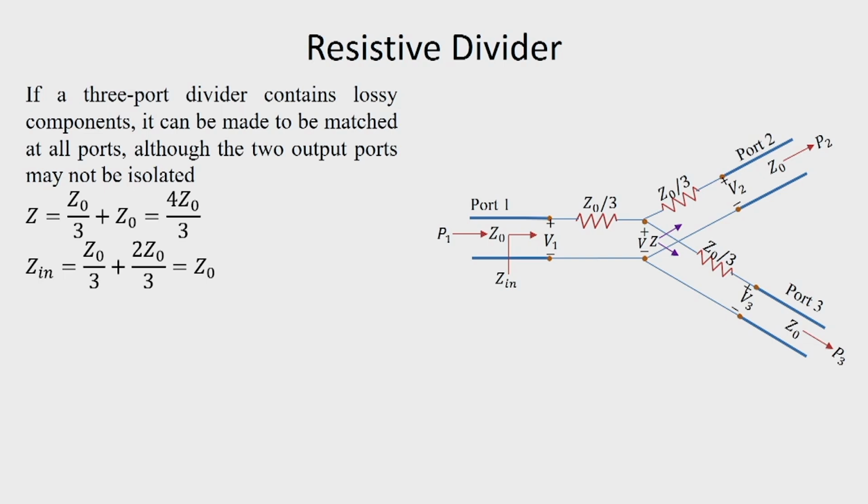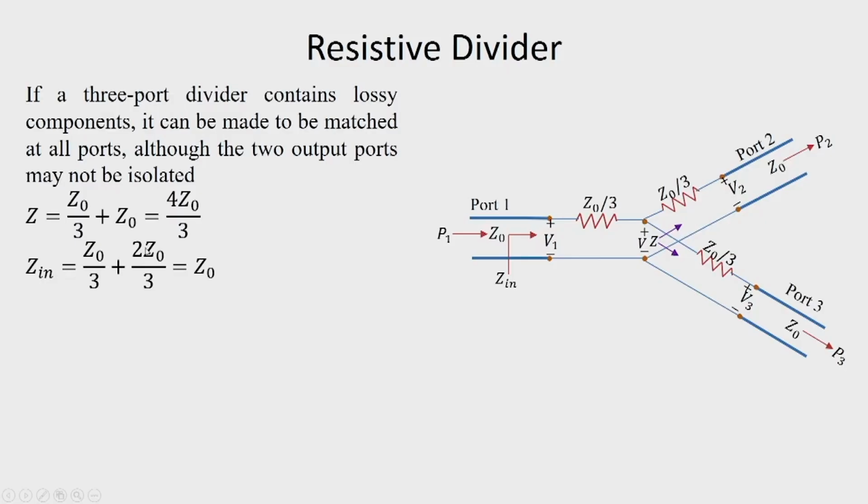These two ports having the same impedance Z as we look from here, their parallel combination will be Z by 2, and therefore, we get this parallel combination to be 2 Z0 by 3. So, Z0 by 3 plus 2 Z0 by 3, this gives us Z in equal to Z0,